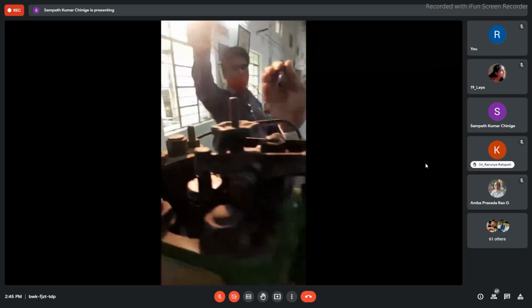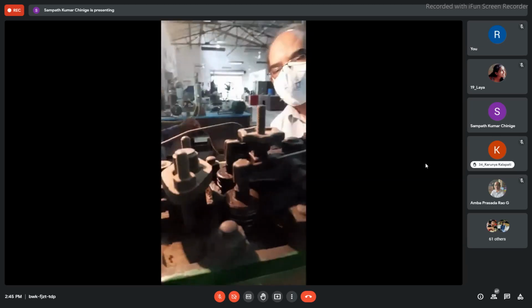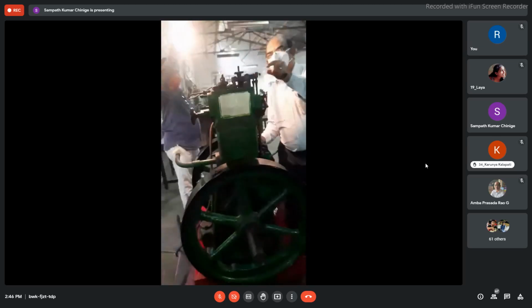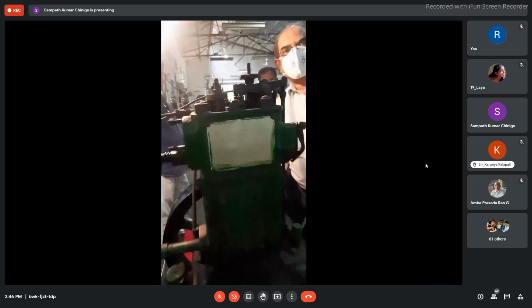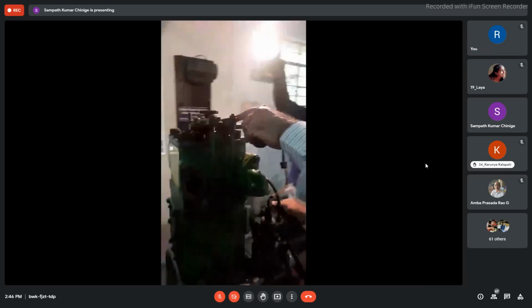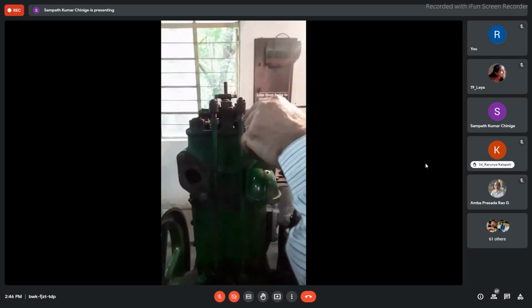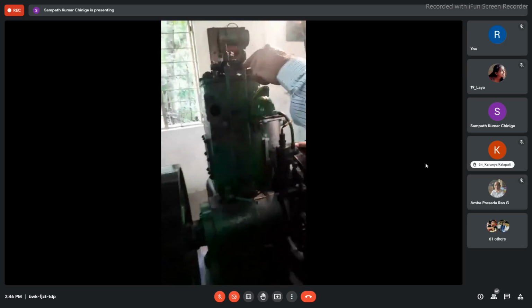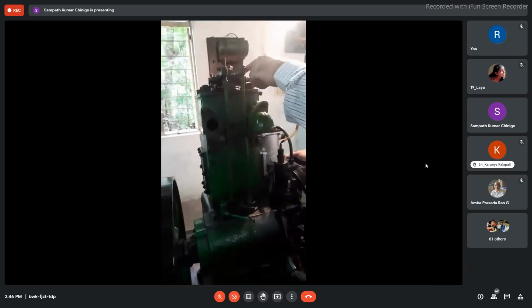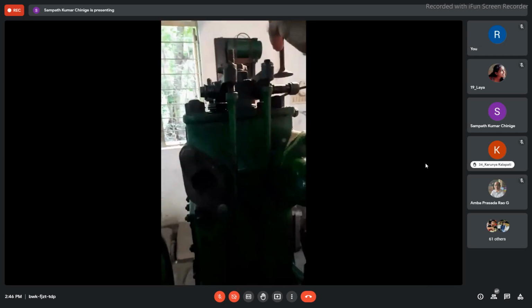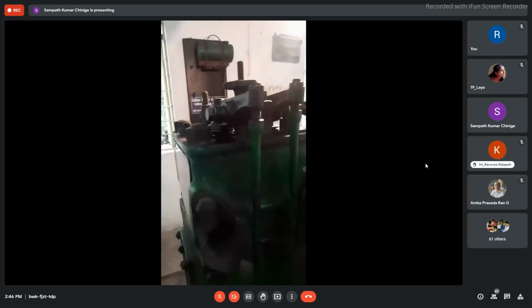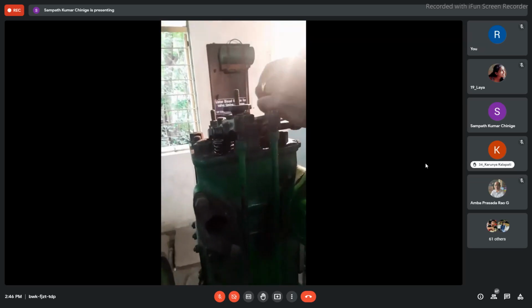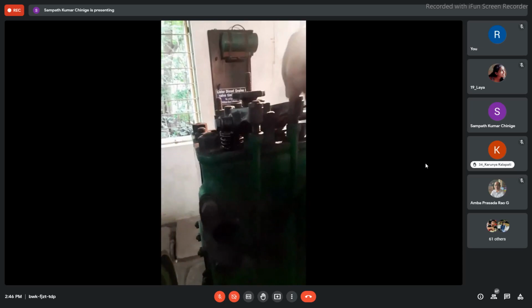So as I rotate the flywheel, which is interconnected through the gear mechanism or chain drive, whatever it may be, this rocker arm will be actuating. It is going and pushing the valve stem. What is there inside? These are actually the spring-loaded valves. This particular arrangement is there inside this. So this pressure of the rocker arm